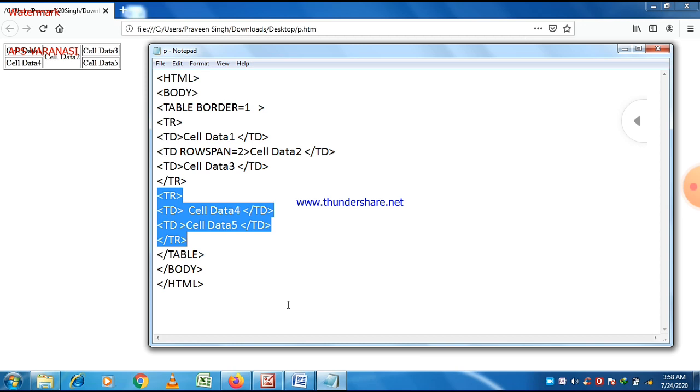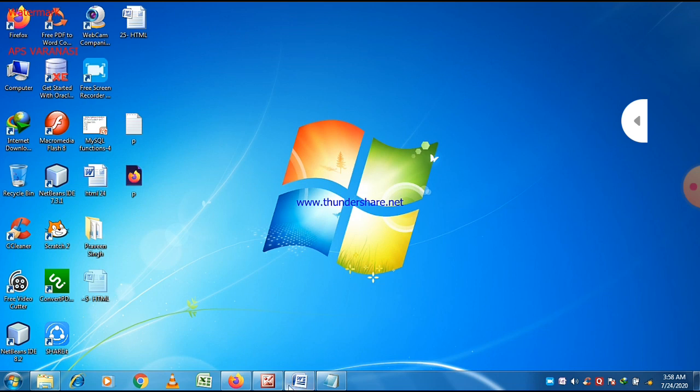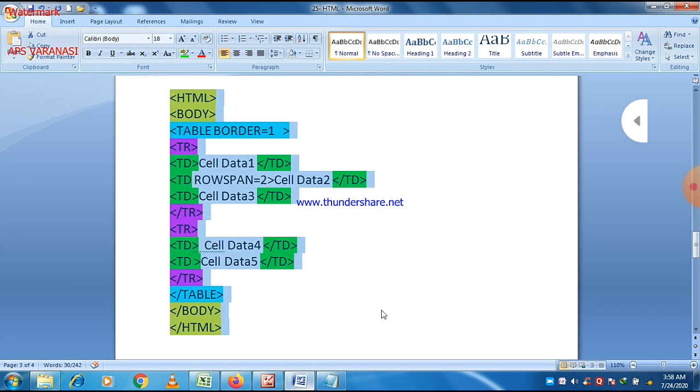So cell data 4 and cell data 5 are there only. You can easily check, and if you want to span more than two rows, you can also apply that in this table. So this is our program here.